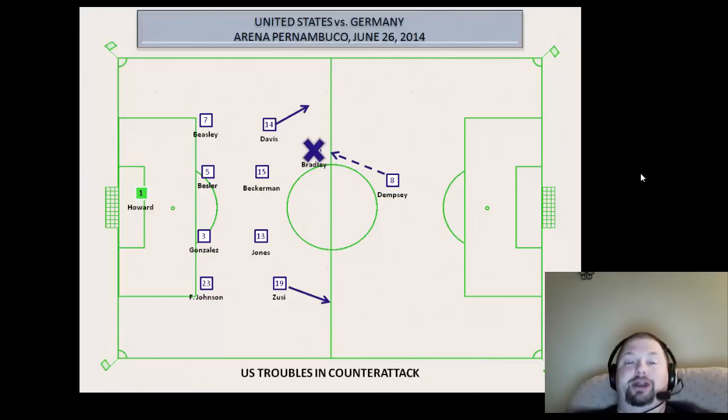He has not been good enough. We're not sure what happened. My guess is that the Jozy Altidore injury probably hurt him as much as anybody. That means he's got to do more. Dempsey does okay holding up, but maybe Bradley isn't getting in a rhythm. His first touch hasn't been good. His confidence is low. You have to hope, if you're a United States fan, that going into that round